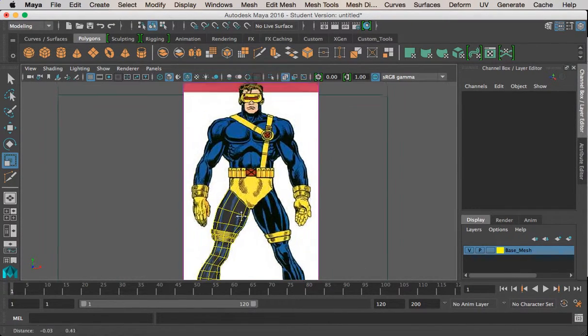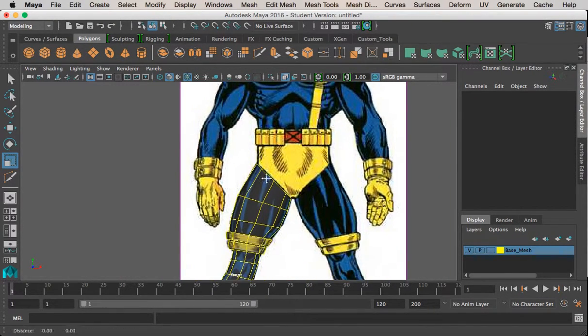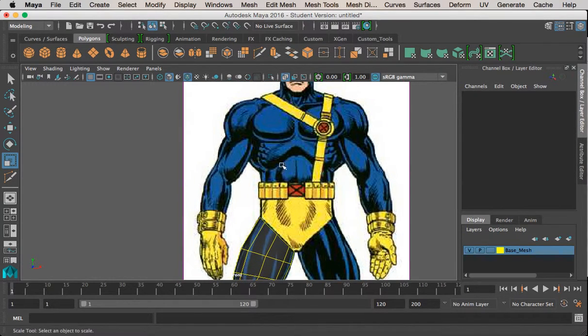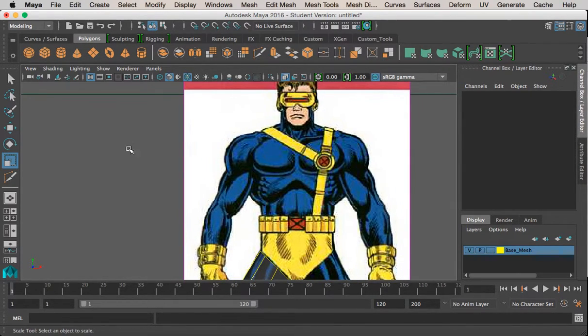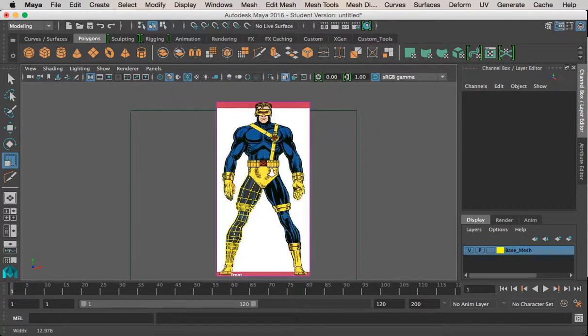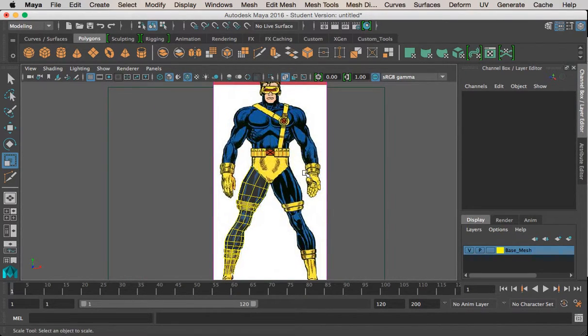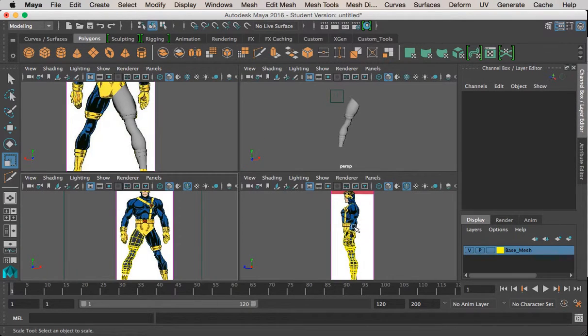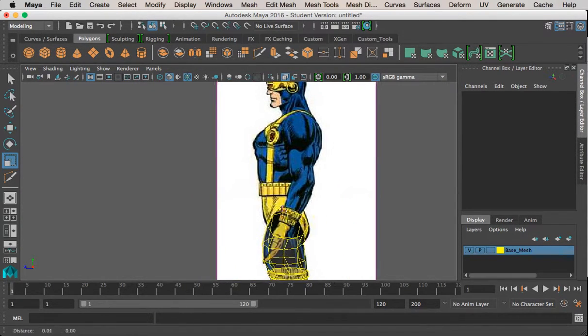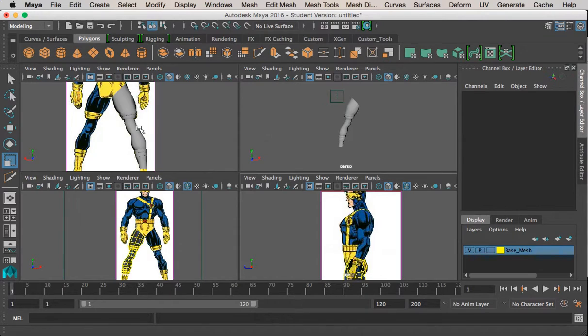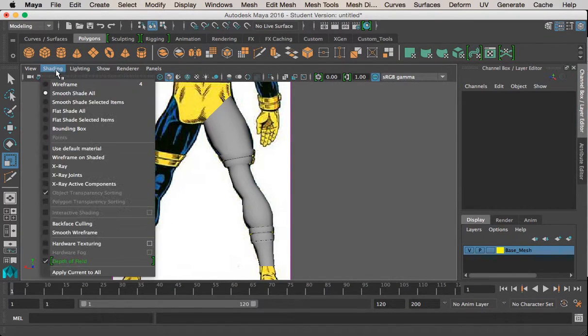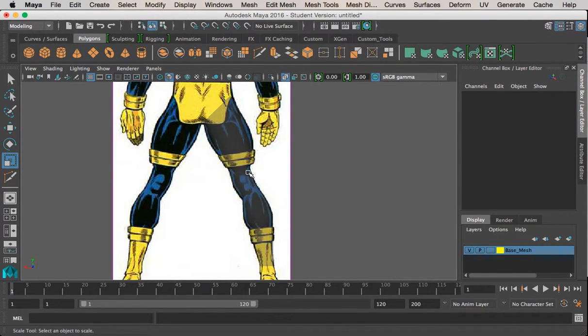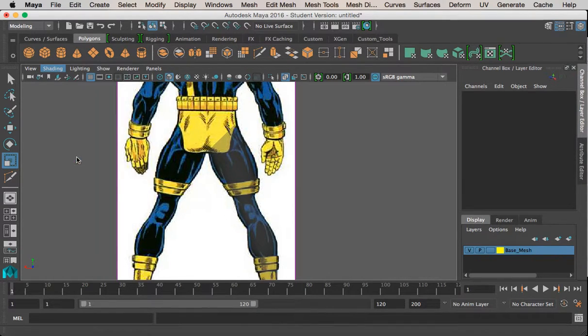And in order to do this, generally I would prefer him to be in a T-pose, but I don't have his reference in a T-pose. So if you ever run into this issue, I'm going to show you an easy way on how to go about sorting it out. So what we'll do instead is